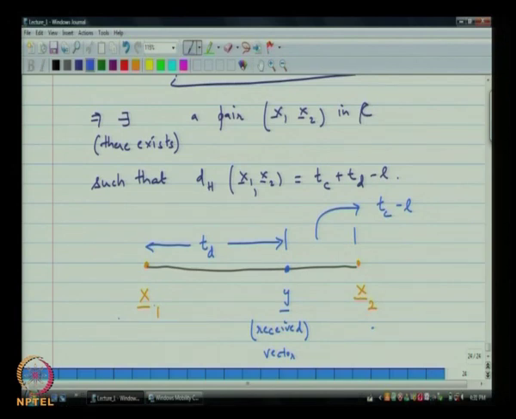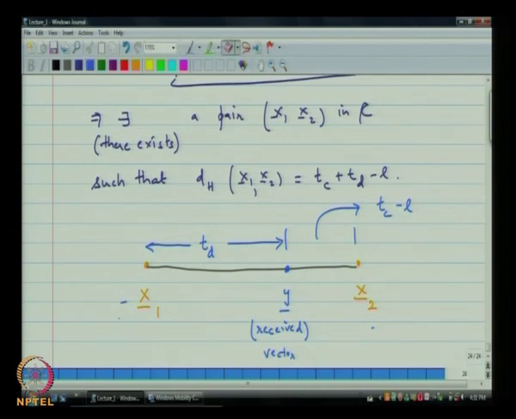So, you need to change t sub c plus t sub d minus L symbols to go from x1 to x2. Supposing I change t sub d of them and stop in the middle, then I will be at the vector y, and I need t sub c minus L more changes to get to x2. So, this figure makes sense,